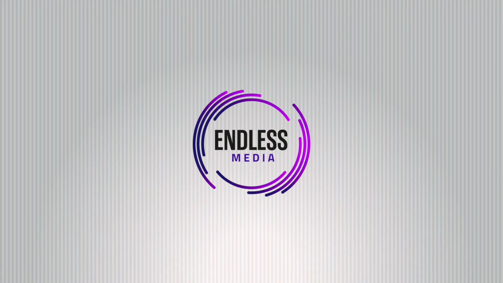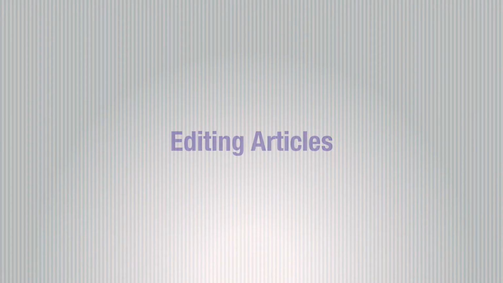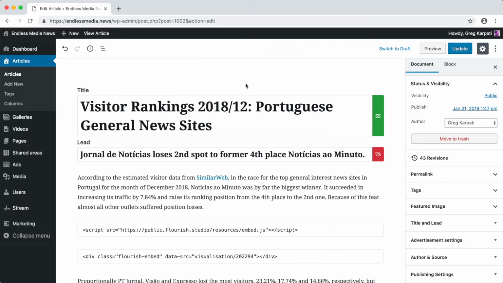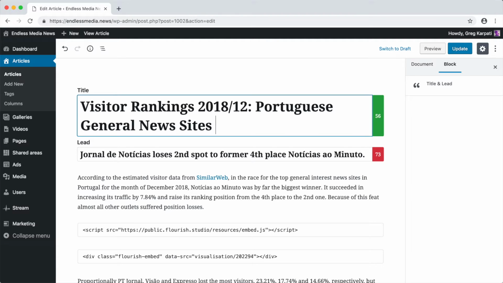So what happens when we click on one of those articles? We'll start editing them, of course. The first item on the edit screen is the title. The number in the green box is the character count, and it's green because it's in the recommended range. As soon as I exceed the range, the box turns red. The recommended range can be configured so that it's compatible with the website design.